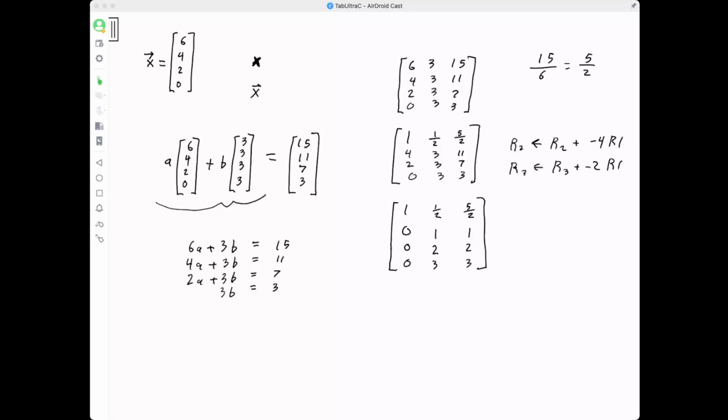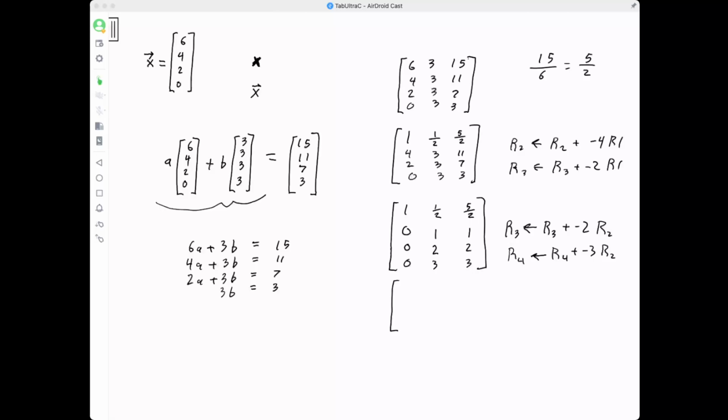And now I can take the second row. It's already got 1 as its leading entry, so I'm going to leave that alone. I'm going to replace row 3 with row 3 plus a negative 2 times row 2. And row 4, I'm going to replace with row 4 plus a negative 3 times row 2. And when I do that,